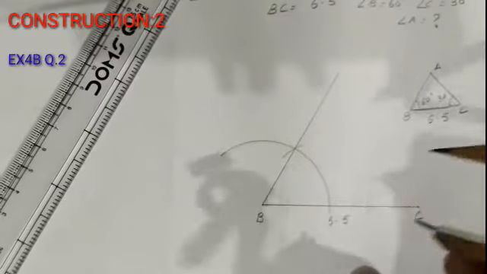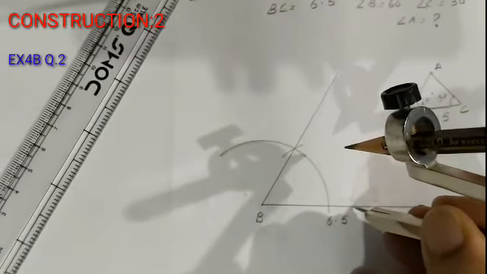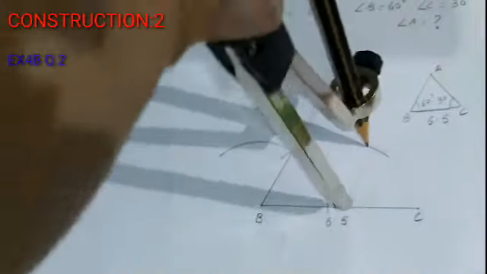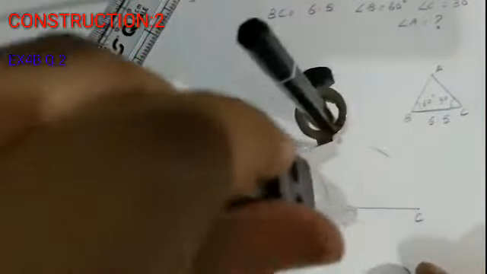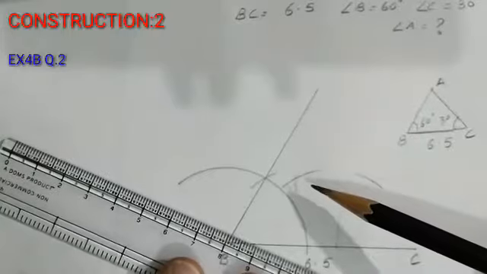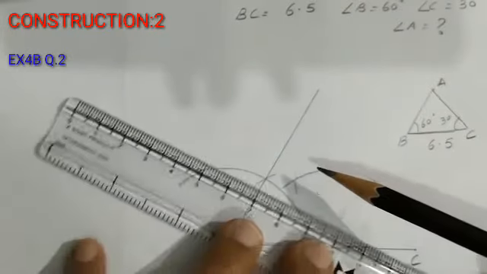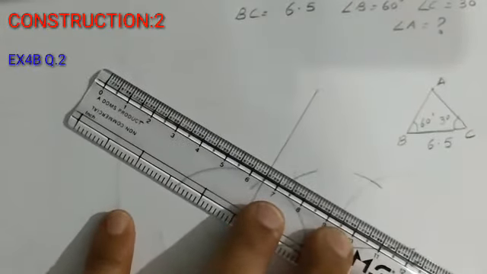To make an angle of 30 degrees, first we'll draw an angle of 60 degrees and bisect it. This is the angle of 60 degrees. When you bisect this angle, see how I am bisecting from this arc and from the next arc. When you bisect the angle of 60 degrees, students, you will get the angle of 30 degrees. This is the point of intersection of two arcs. Join it to C and extend the line.